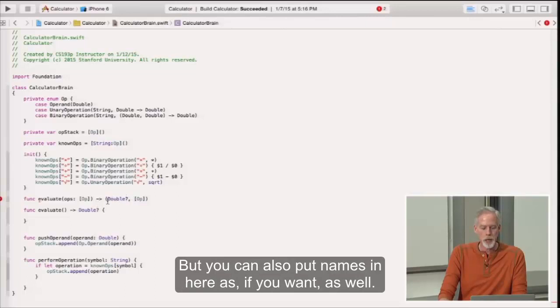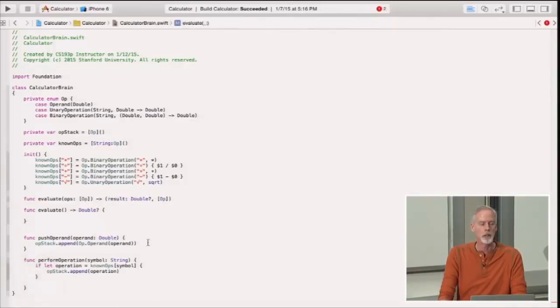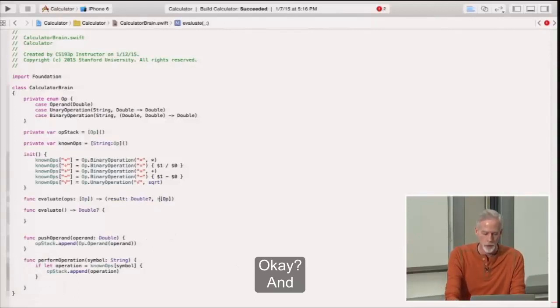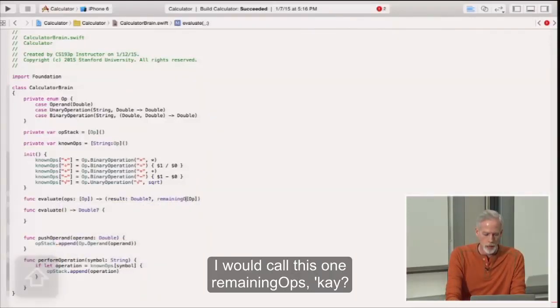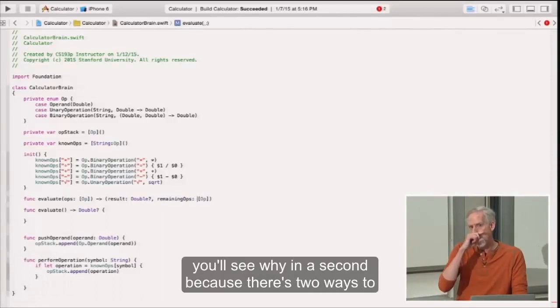But you can also put names in here if you want as well. So maybe I would call this one the result, okay? And I would call this one remaining ops. Okay? And I kind of recommend putting those in there, and you'll see why in a second, because